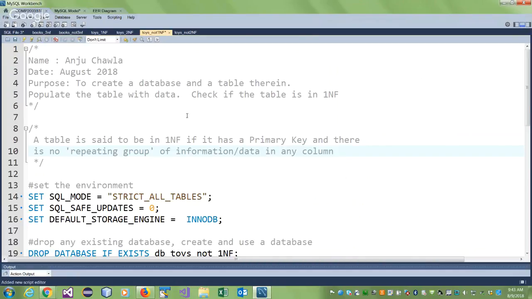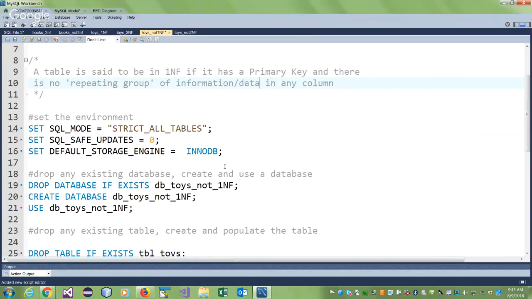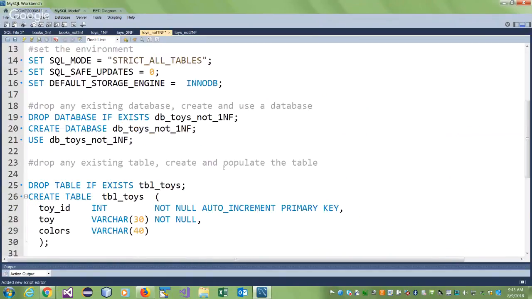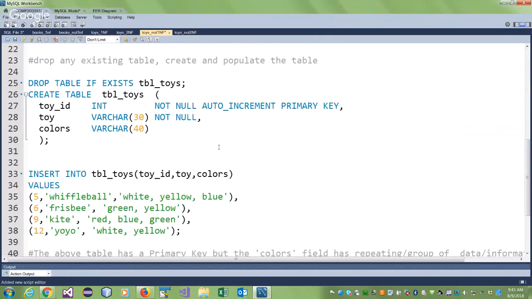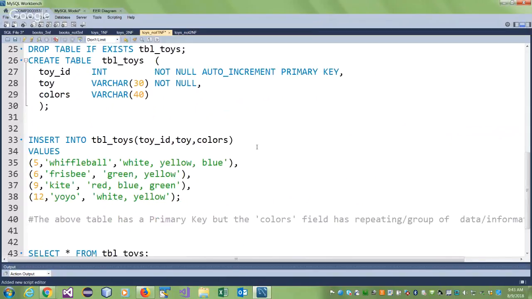So what I've taken here is, I've just worked with some databases. And again, if I can't run the program, I'll have to change their name or whatever. And here is a table that's present in it. It's a very simple table. It's a table about toys, which has a toy ID. It is an auto increment field, though you notice that I have inserted 5, 6, 9, 12 here,